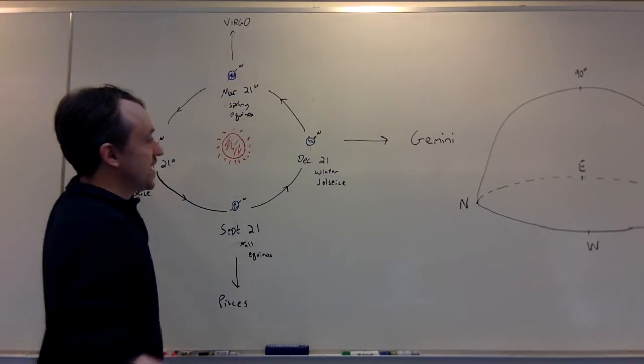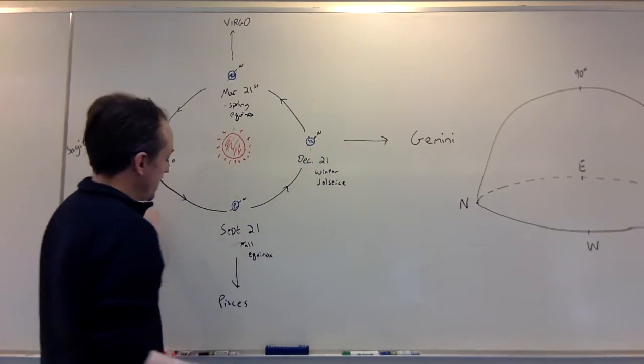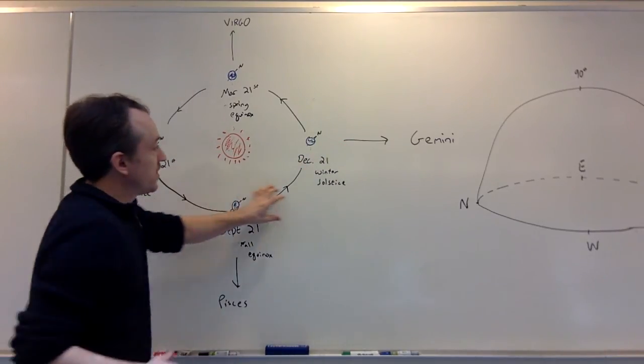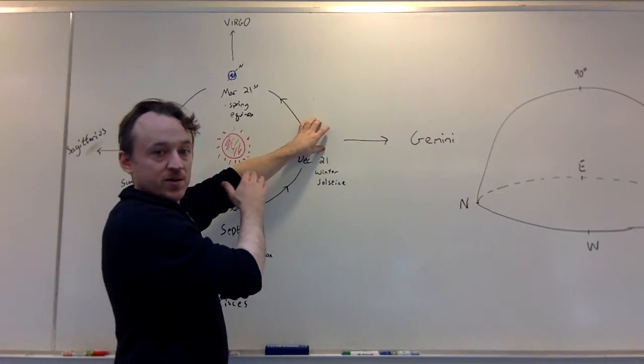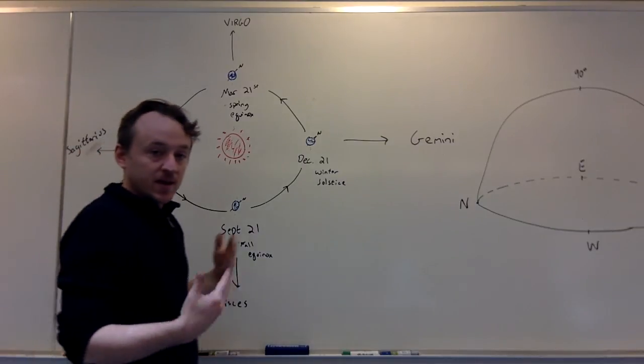As I get to this other side of the sun, suddenly the field of view of Gemini is cut off. As I get to September 21st, the field of view to Virgo is cut off. If I get to Gemini, the field of view to Sagittarius is cut off. Now, you might be thinking, as far as